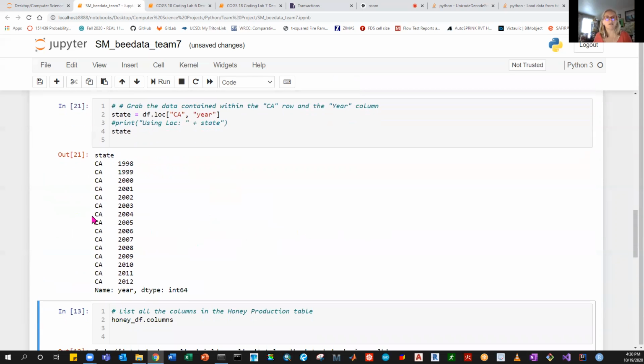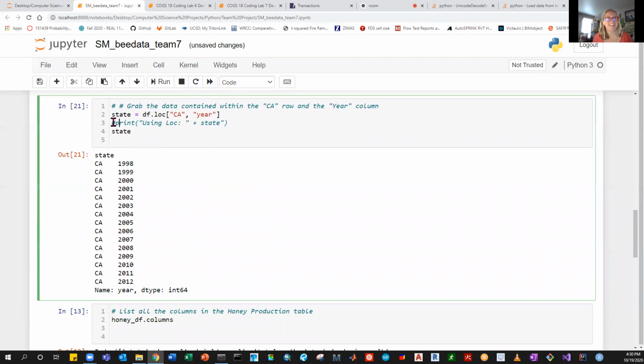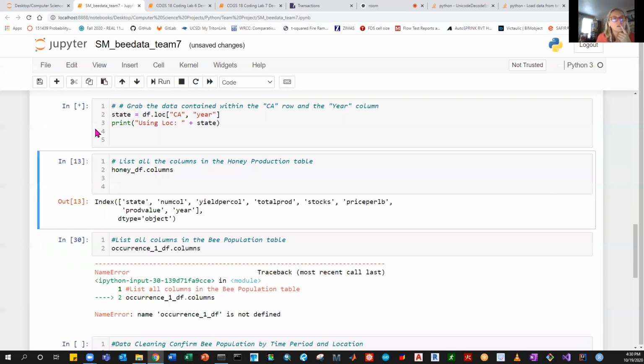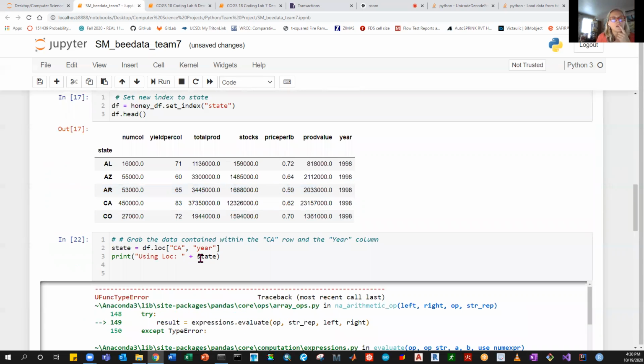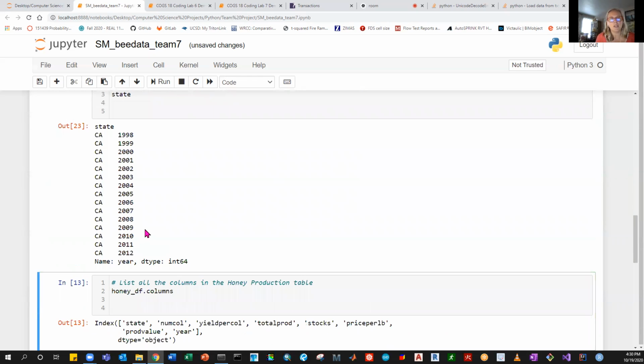This print thing is very tricky. I think another way would be to express it as a string concatenation. I want to see how many years of data for California on the honey,